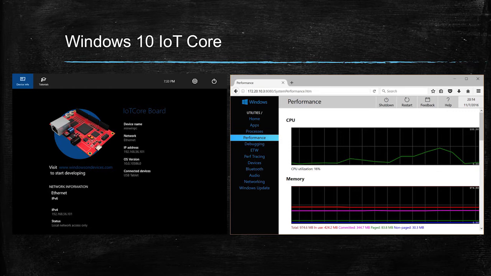Also, you can access your board if you don't have a display, using the so-called device portal, which is a web-based application. You can type in the address of the device and get similar options as on a normal Windows 10 device prepared for desktops.